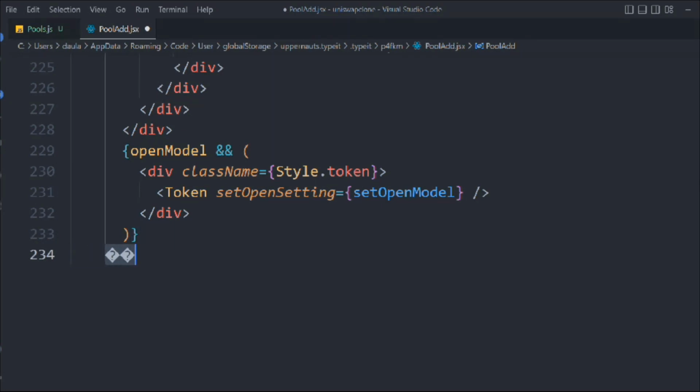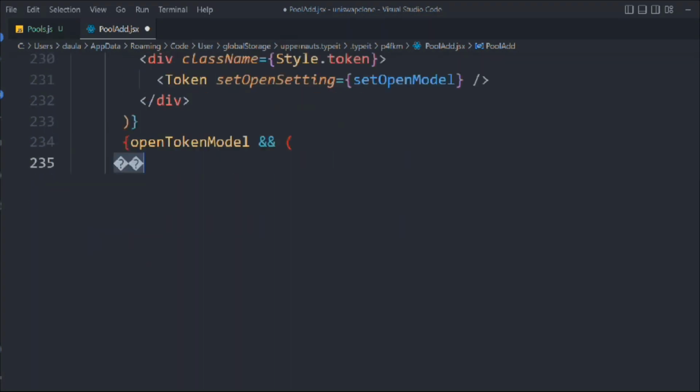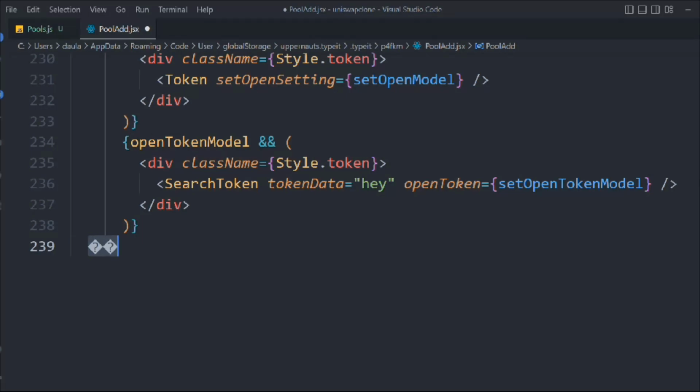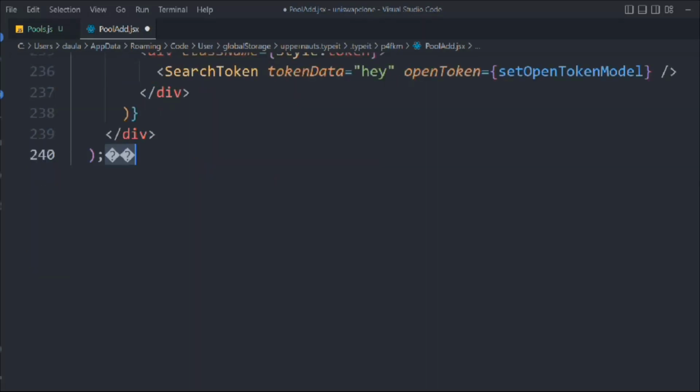Now we have to add the other one, open token model. If that's true, then we want to display this component. So we'll say this token, and it will have this component search token, and it will have the data. Right now we are sending hey, but we'll pass the real data, and let's set this open token model so we can close it. Close this one, and we have to simply close this as well, and that's it. And now we have to simply make it default export, and that's the entire JSX we have written for this